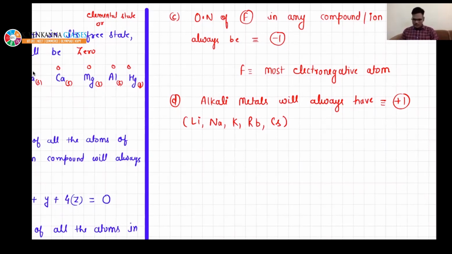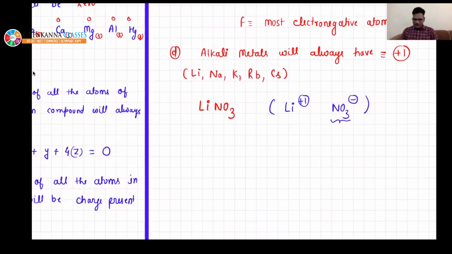Any example? Let's say LiNO3. As I have told you, lithium will always possess +1 in any compound. So with this information, you can write Li +1 and NO3 minus. Li will always have +1, so to make the summation 0, the other part, that is the nitrate ion, must have a negative charge. So you have also got another piece of information: nitrate ion carries -1.